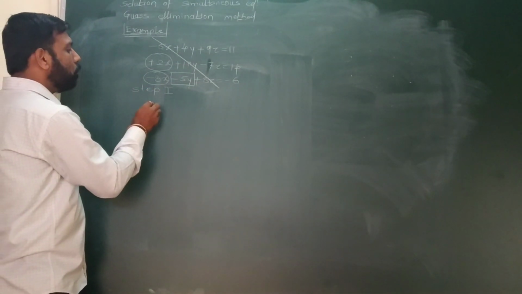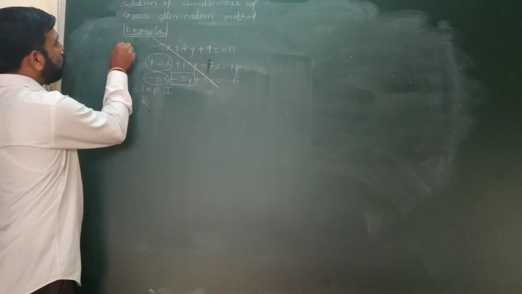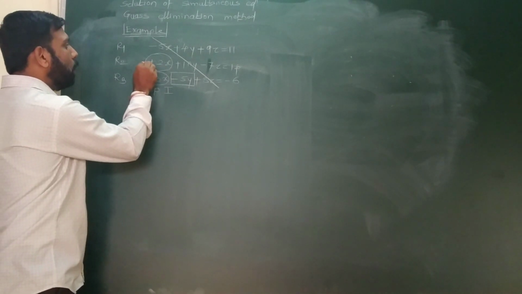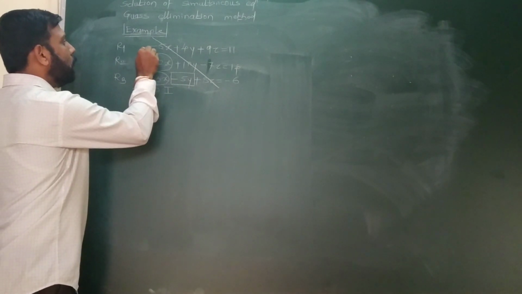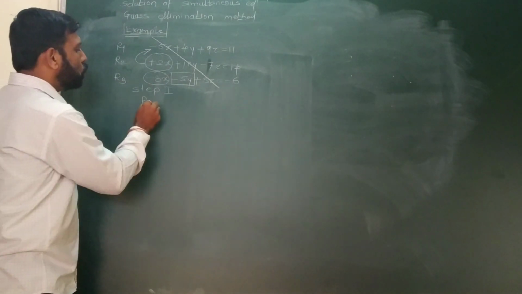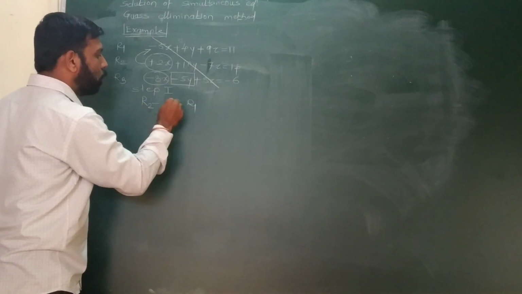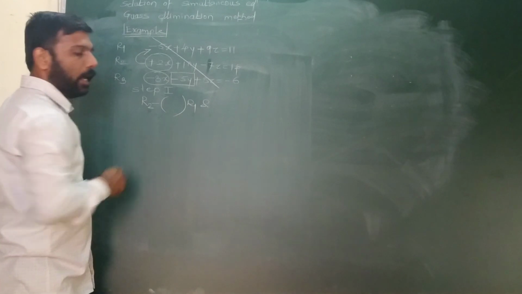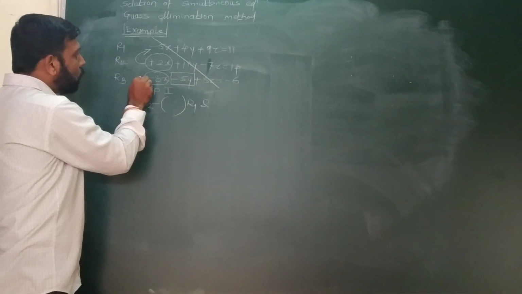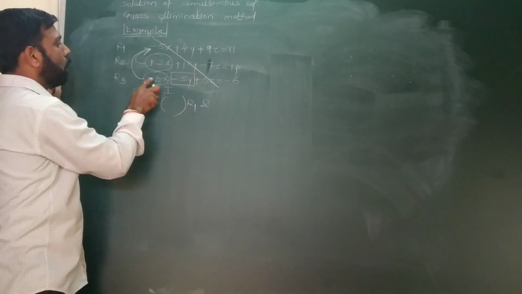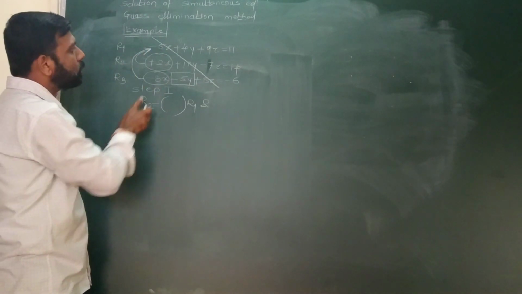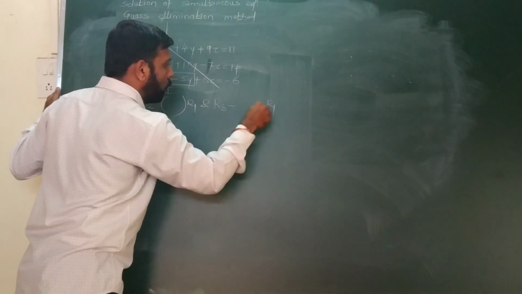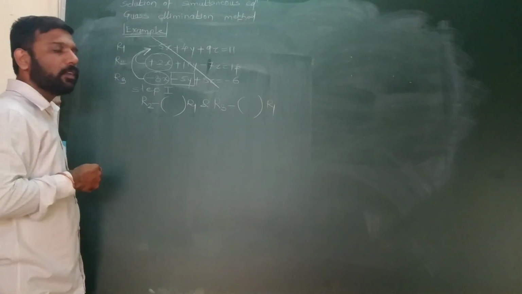Now in step 1, we are writing the operation here. This is our first row, R1, R2 and R3. Operate this element with the diagonal element. So R2 minus R1, this is the operation. The multiplying factor we'll write later, and make this element 0 with the diagonal element. So again, the diagonal element of this one is the R1 first element. So R3 minus R1, the multiplying factor will be written down here.